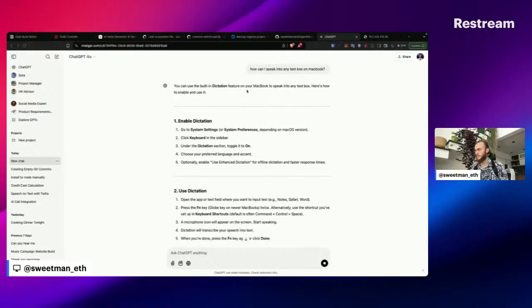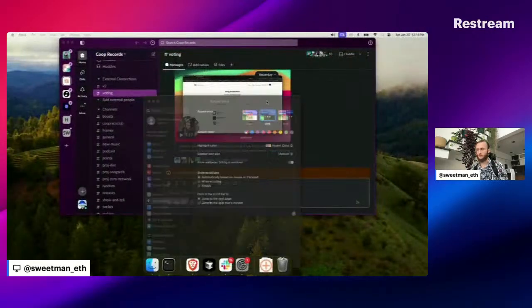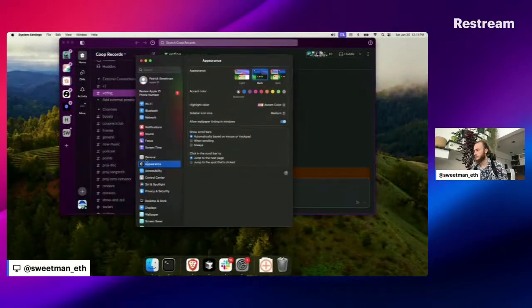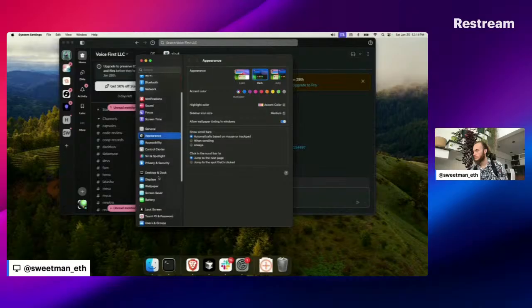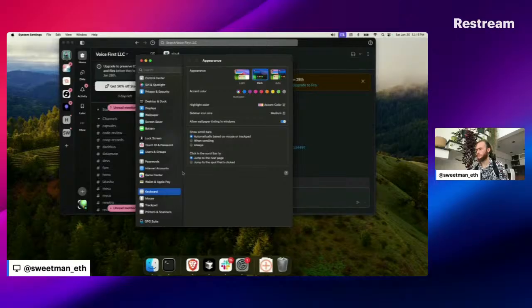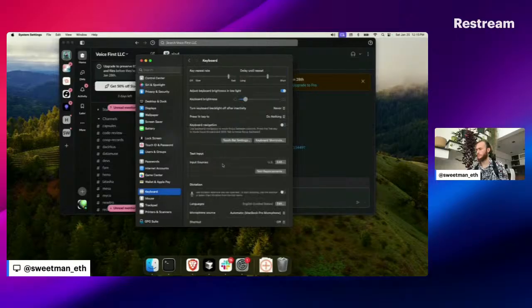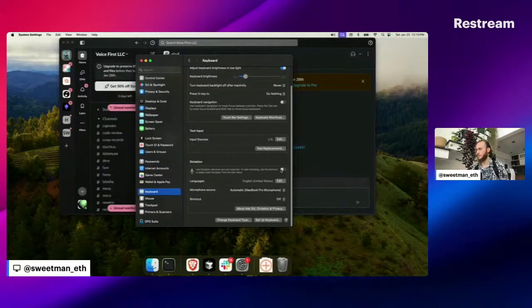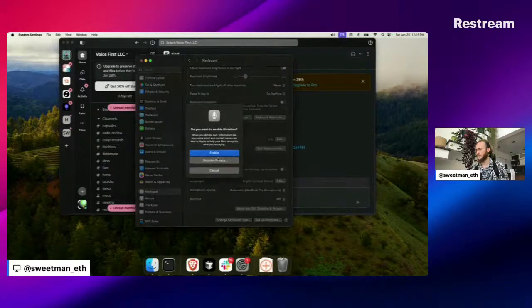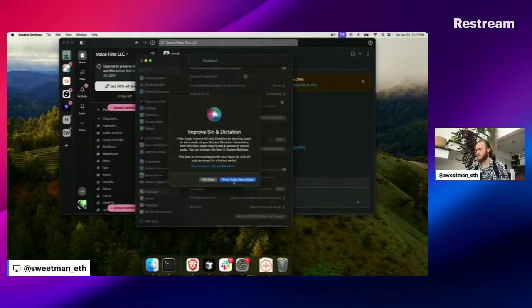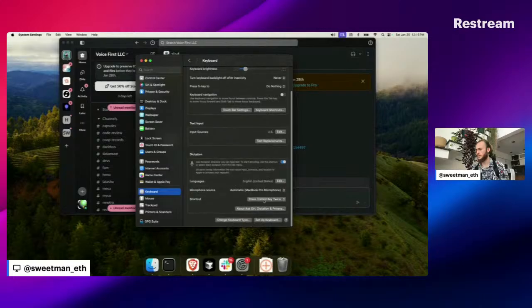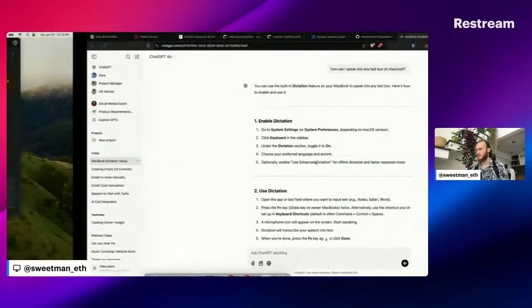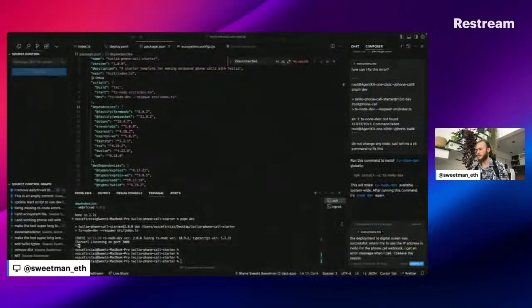Let's find keyboard dictation, enable, not now. Press the control key twice. So if I go here,